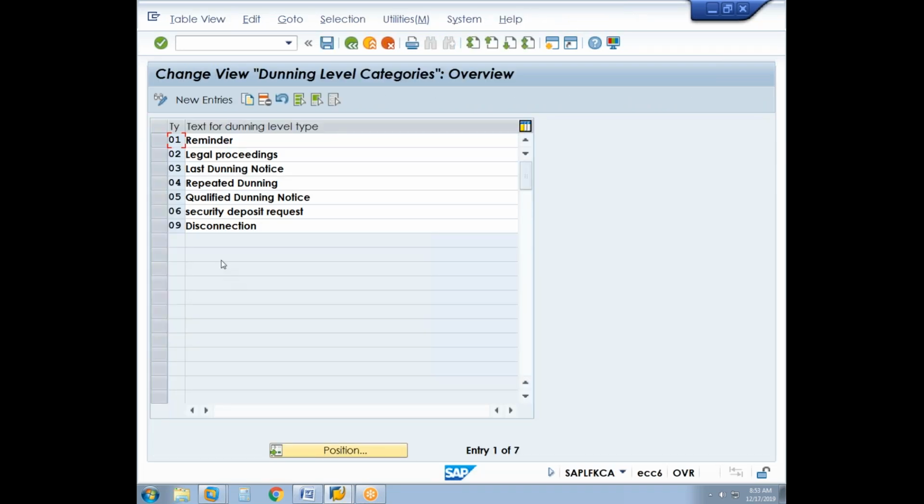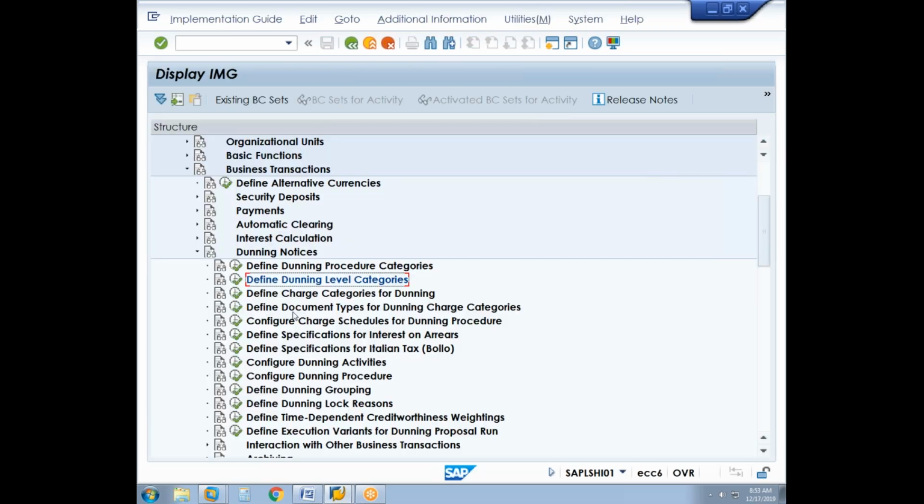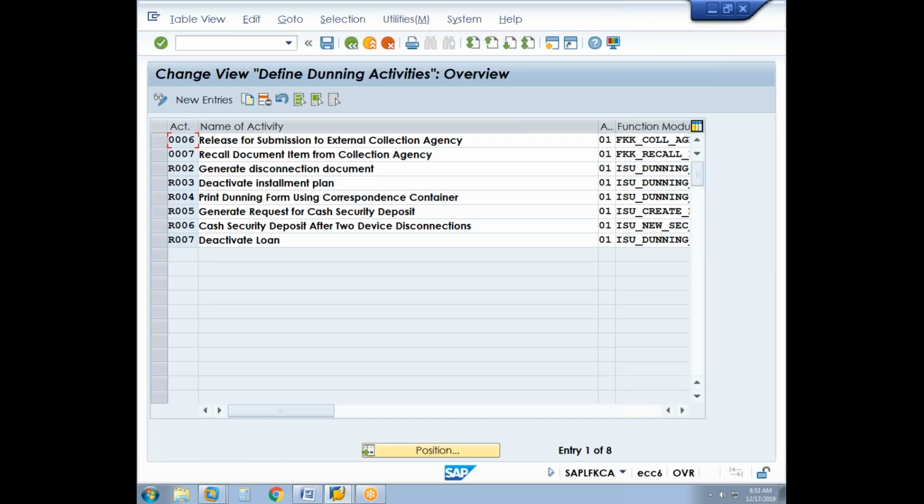This is like every time you do the Dunning, a particular level is reached, and for each level we will have the particular Dunning activity to happen. So the Dunning charge category and document types for the charge schedule you'll see separately. Configure the Dunning activity. Actually here we can have activities maintained, but each activity will have a corresponding module program. Only for